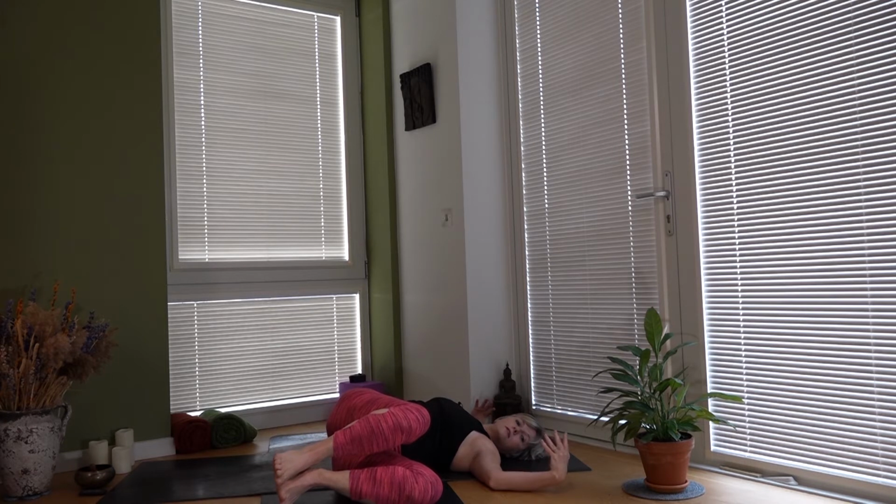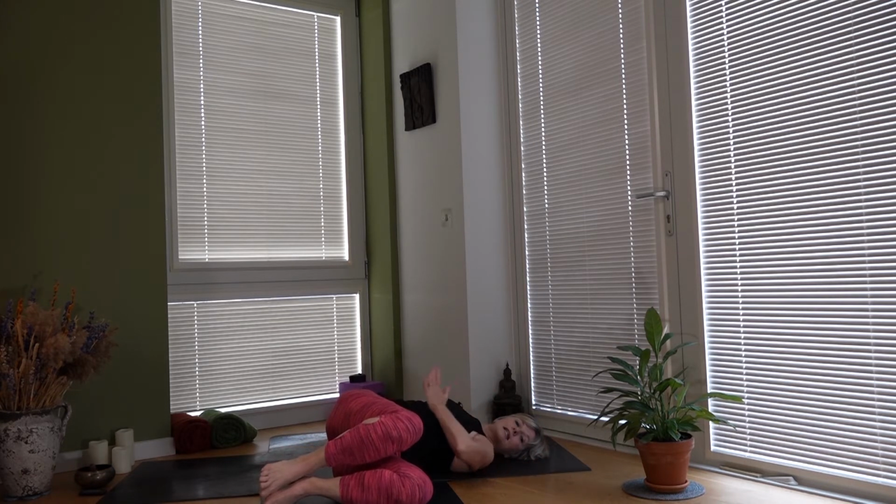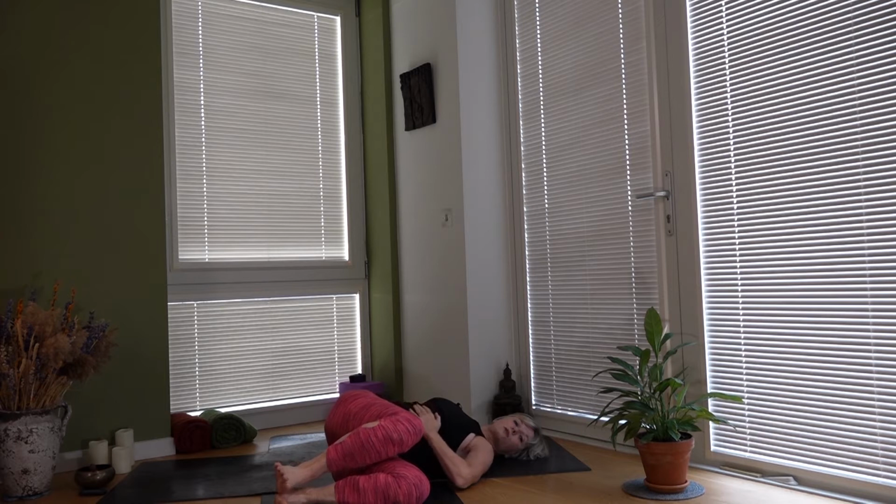And if you want, now you can open up the arms and take that left hand on your rib cage, the front, the sides, wherever you want to place it. And then start to breathe into the rib cage. Take a deep breath and feel the hand move. Especially you'll feel it in the right side of the rib cage. Inhaling